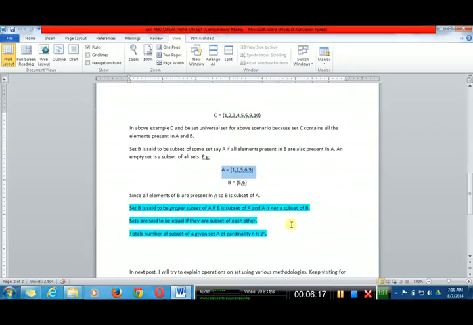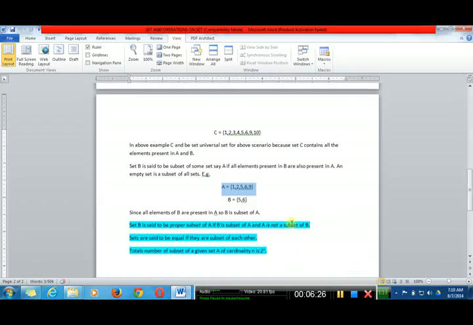And one more point that you should focus on is power set. Power set is nothing but a set containing all the subsets of a given set.